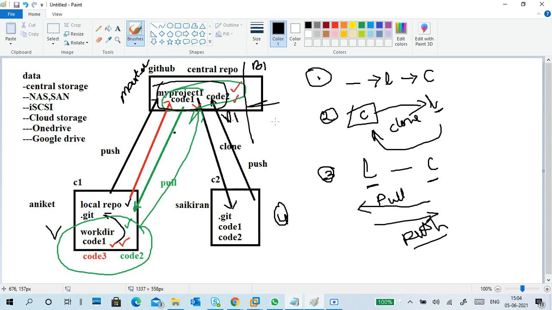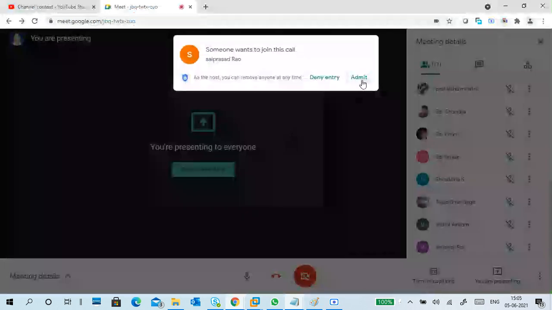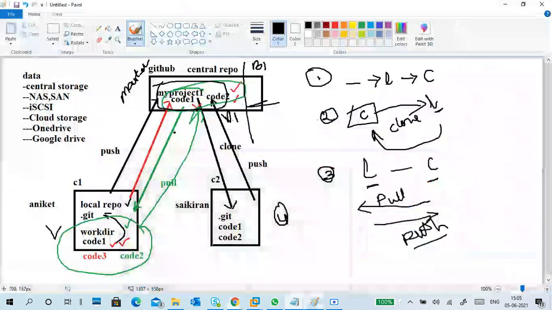A very small error in a code or a value can give you a non-working project, a failed project. So I don't want to disturb my master code.